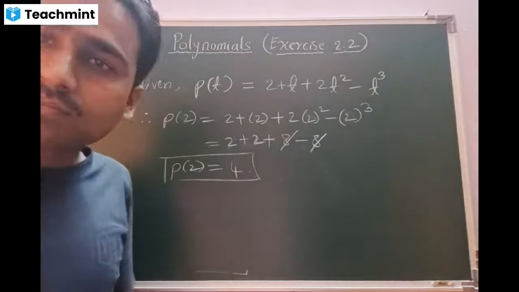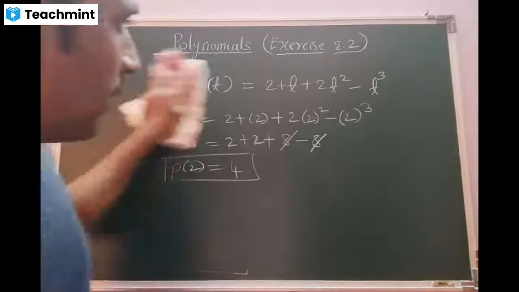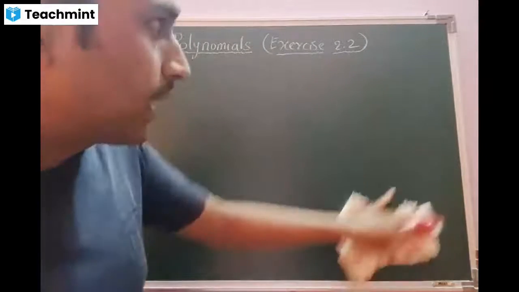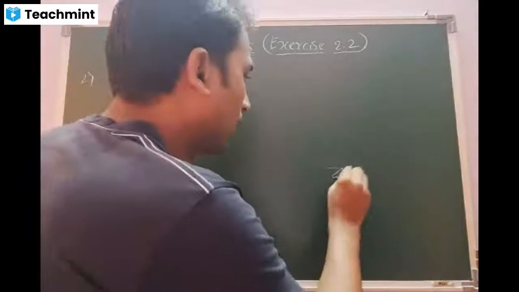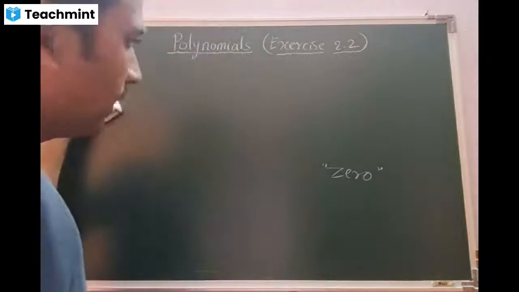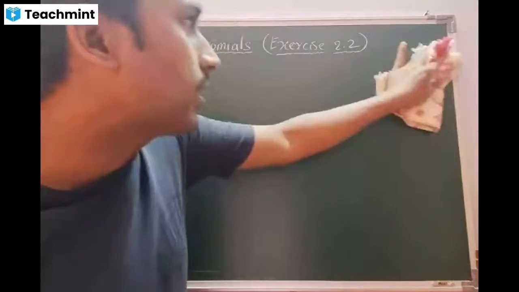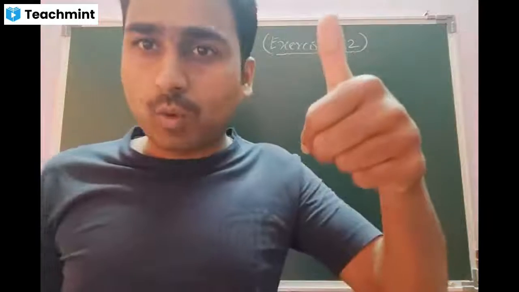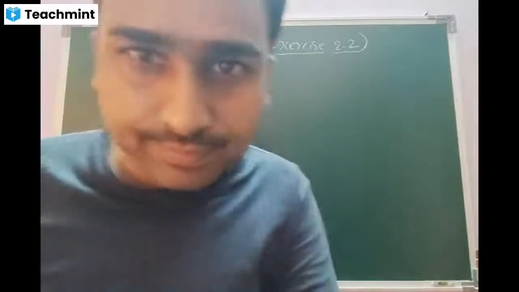No, sir. Because in the second main, I solved 2 questions. Am I right? Here also, I did not get the value 0. Correct, beta? Whatever the 2 questions I solved in the second main, those values are also not the zeros of the given polynomial. Is that clear, beta?